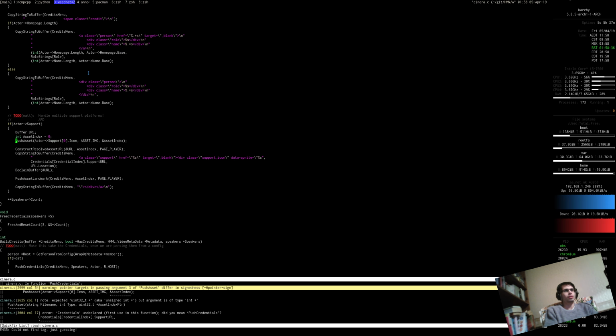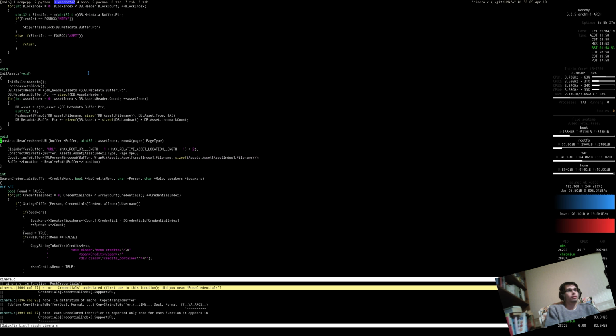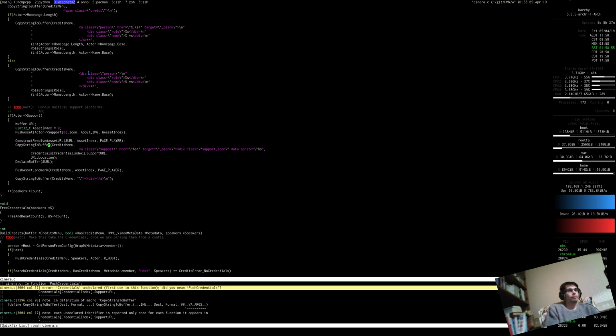Should be U in 32. So here we go, construct resolved asset URL. So the asset index. So yeah, that should actually have the right thing now, shouldn't it? Finally, copies into buffer. Support URL, so